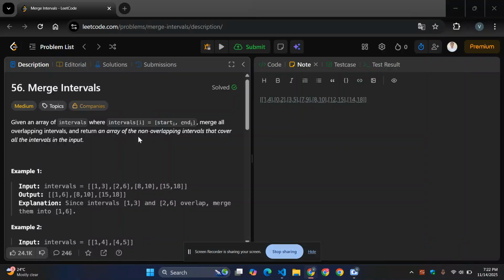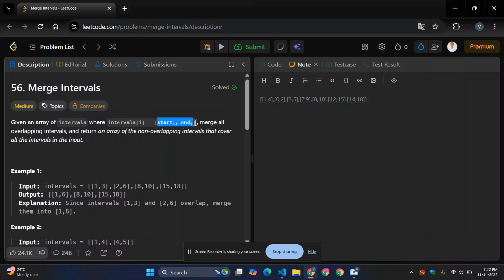Hello, so let's start solving the problem, merge intervals. Here we are given an interval array, and in the interval array we again have another array. The array size is 2, so you can see the start and this is the end. We have to merge the overlapping intervals and return non-overlapping intervals that can cover all the